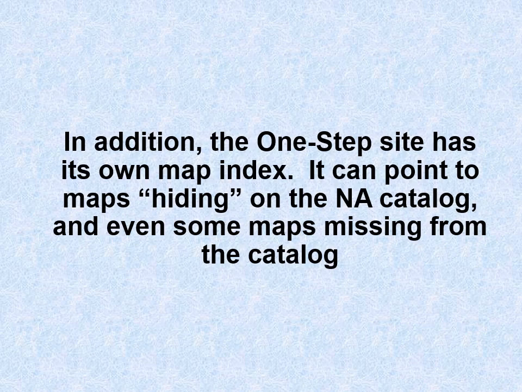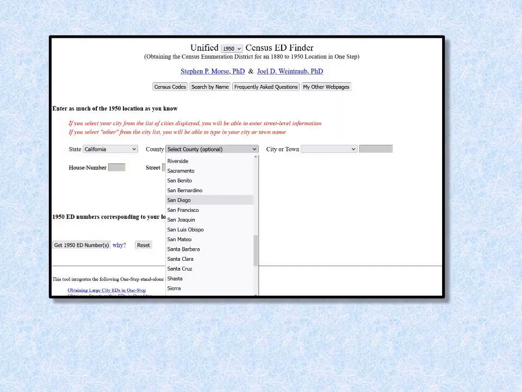In addition, the One-Step site has its own map index. It can point to maps hiding on the National Archives catalog, maps within urbanized area maps, vicinity maps, and even some maps missing from the catalog. So in order to get to that